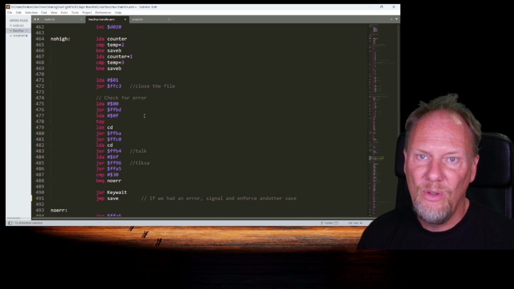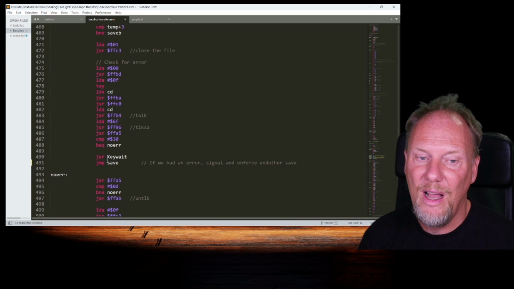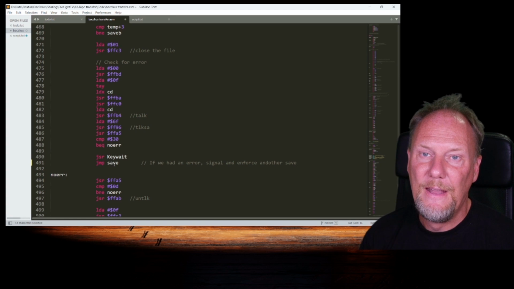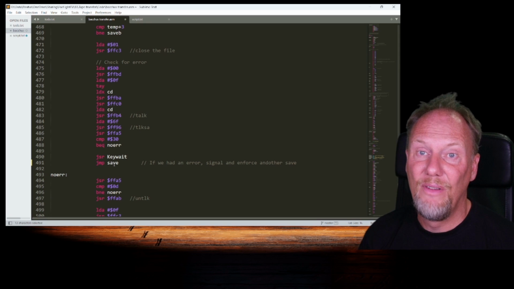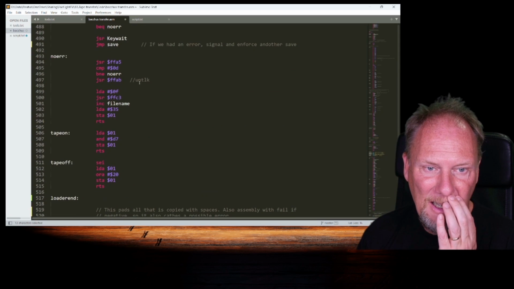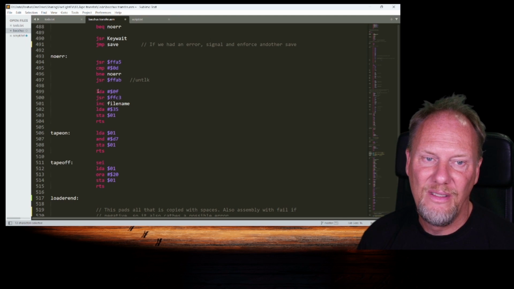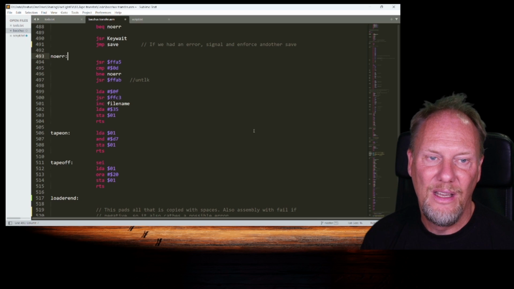So you cannot pass this stage unless you have a disk in the drive where you can actually save the file properly. And then it reads and reads and reads, and yeah, so this is sort of ending the save